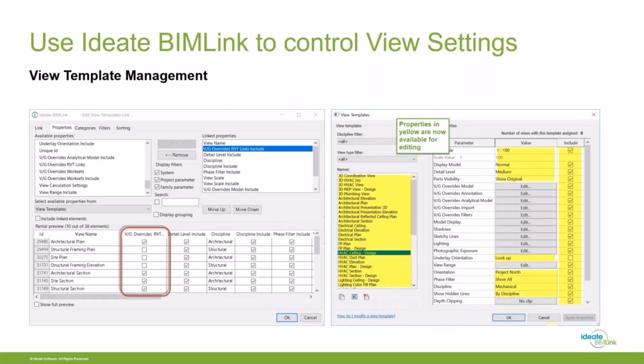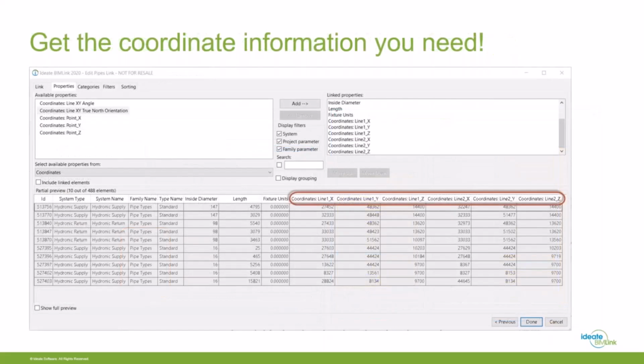So you could say, oh, well, these view templates, I want to change, let's say, the scale or the detail level across a number of view templates. You can also look at the views themselves and see if the right view templates are assigned to them very easily with ID8 BIMLink. And then another great aspect of ID8 BIMLink, specifically for MEP and construction, is this ability